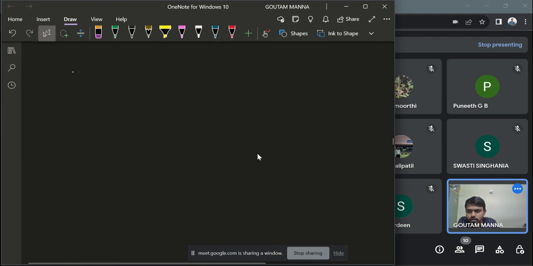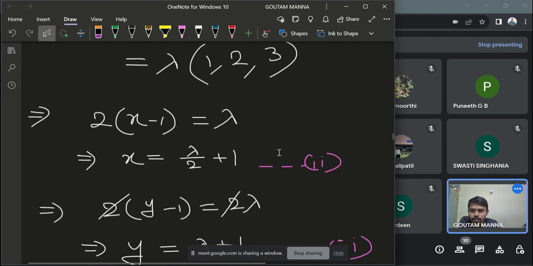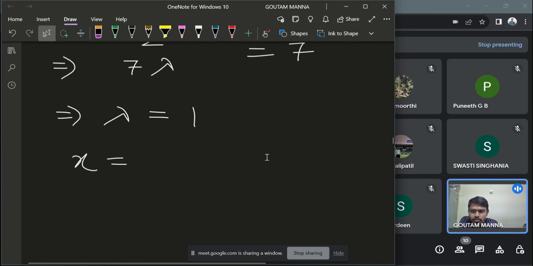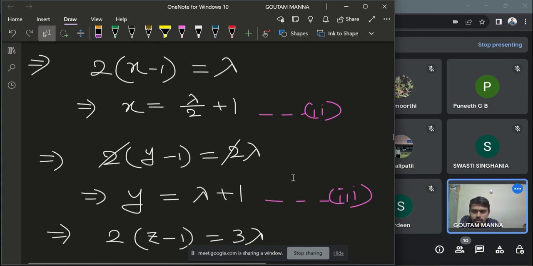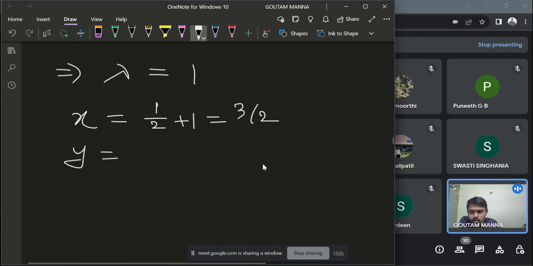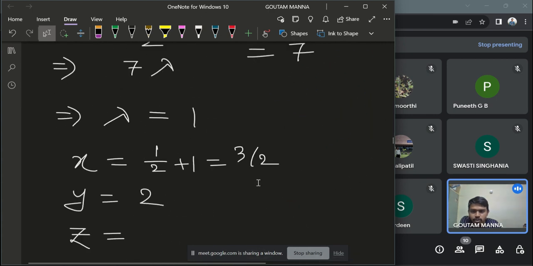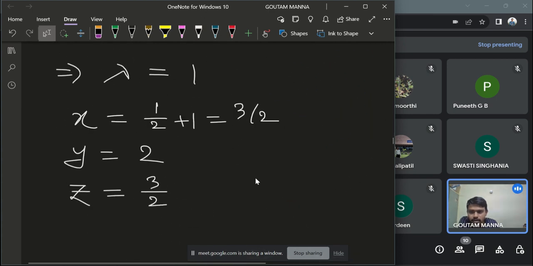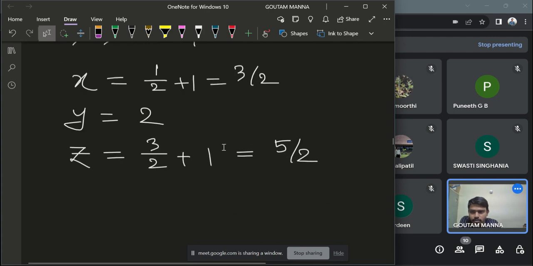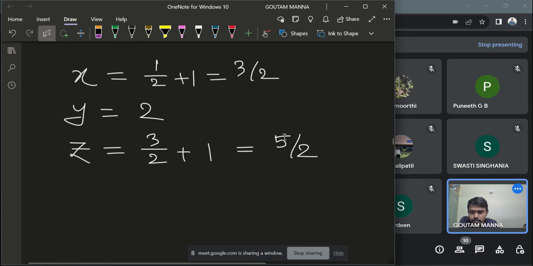So if I put these values, then x will be lambda by 2 plus 1 and lambda is 1. So this is half plus 1, that is 3 by 2. Y will be lambda plus 1, lambda is 1, so y will be 2, and z will be 3 by 2 lambda plus 1, so that is 3 by 2 plus 1, which will be 5 by 2. So this is the point. So the point will be 3 by 2, 2, 5 by 2. So this is the point